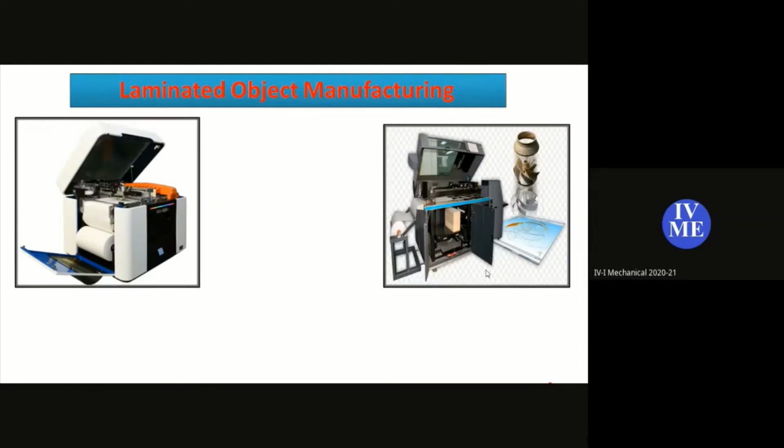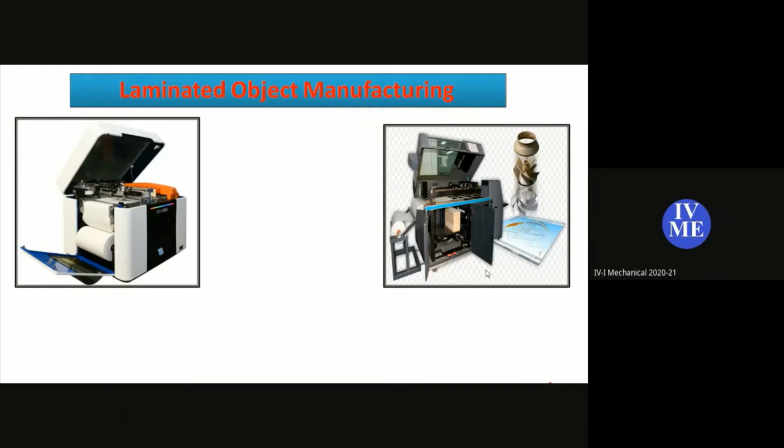So you can see here two pictures, which are the machines of Laminated Object Manufacturing. Laminated object manufacturing is nothing but laminating the parts, adding layer by layer. Laminate means a sheet. So here we are laminating the sheet layer by layer to get the final desired part. Therefore it is an additive manufacturing process and a rapid prototyping system, because we develop the product by adding sheets layer by layer and laminating the whole part. Then we get the final product, a 3D model, that we call the prototype or first model.